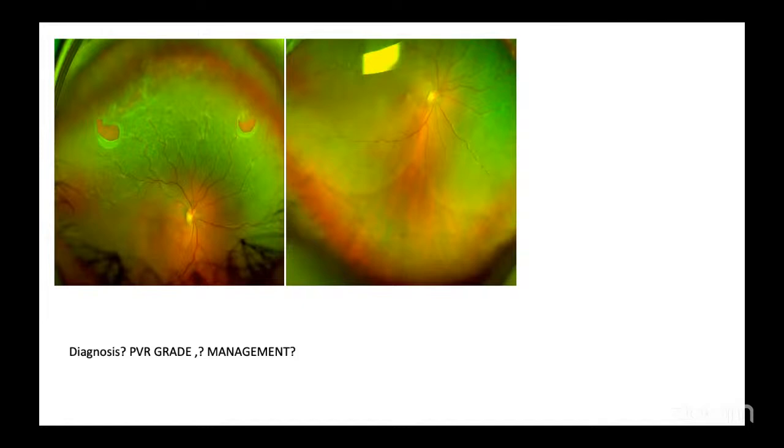So, is this a total retinal detachment? It takes the two upper quadrants and the lower temporal quadrant, sparing only the lower nasal. So the inferior quadrant is spared. Most of the superior retina is detached. And what is the PVR grade? Actually, I don't know. Okay, you should read the PVR grading